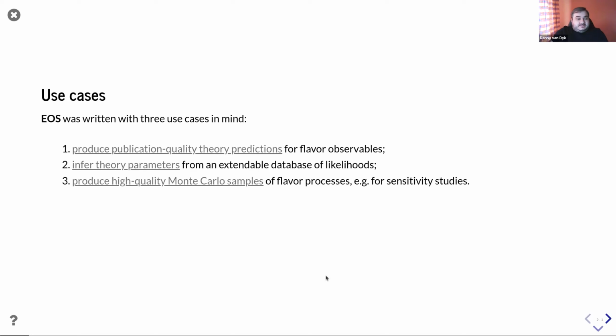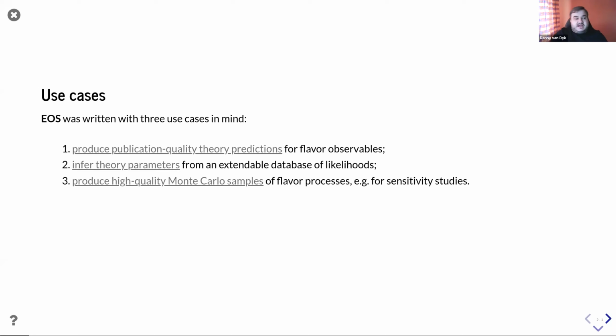So EOS was written with 3 use cases in mind. First, to produce publication quality theory predictions for flavor observables. Second, to infer theory parameters from a set of likelihoods. It's actually an extendable database of likelihoods that comes with EOS, and which you can extend on your computer in addition to what is provided via PyPI.